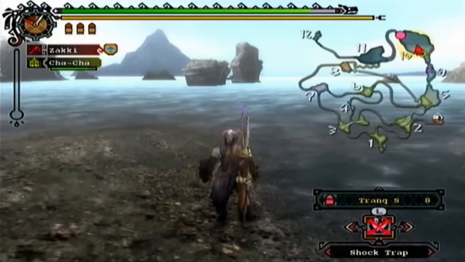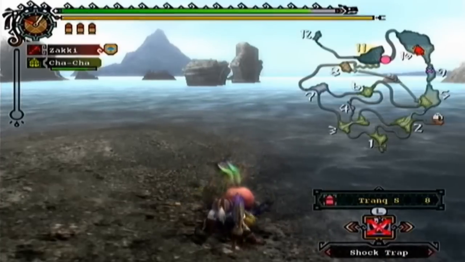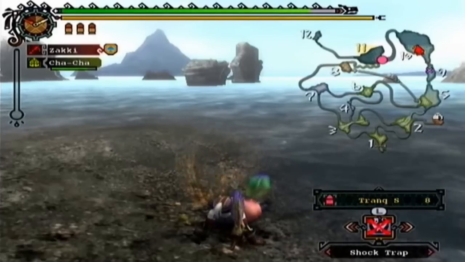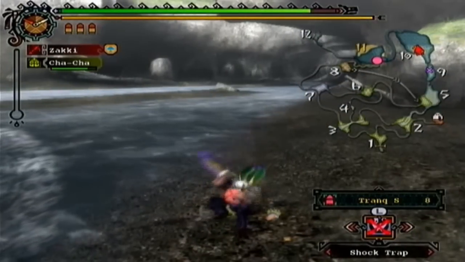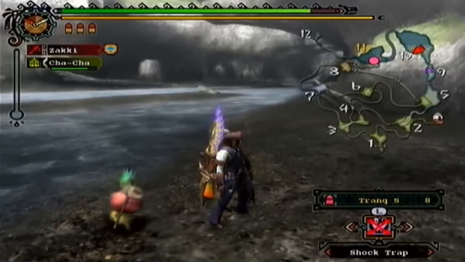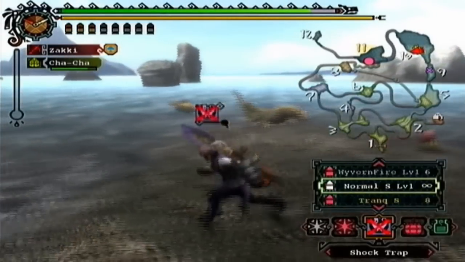So, yeah, he's running away. Just gonna sit back and wait. Dual swords. There's 11. 1, 2, 3, 4, 5, 6, 7, 8. Not in there. 9, 10, 11. Yeah, there was 11 types in Freedom Unite. So, and let's see. There are 3 difficulty ranks instead of just 2, like in this. This only has